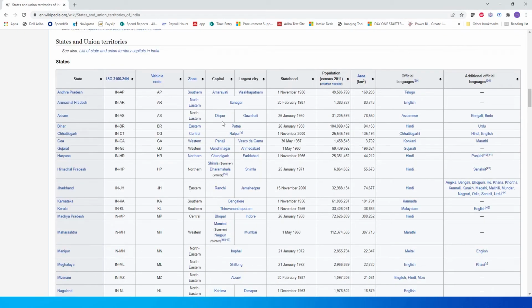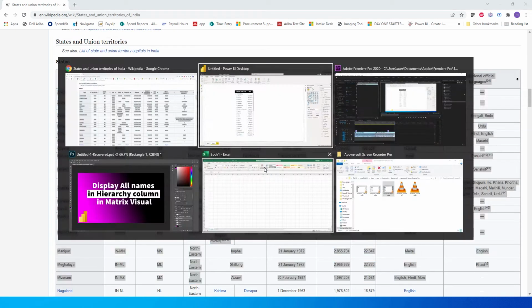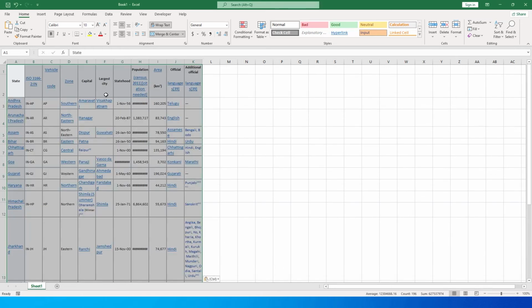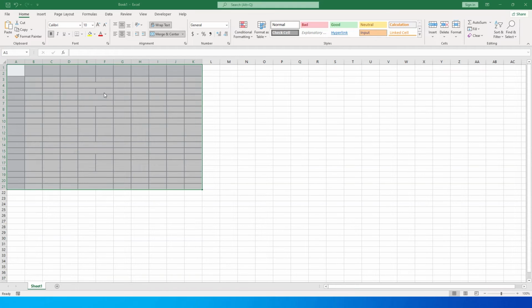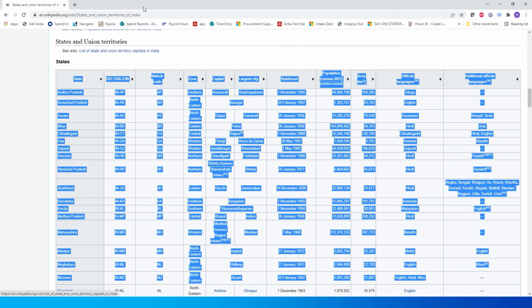So generally what people tend to do is that they go here and try and select the information, copy this, go back to Excel and paste the information here, and it will appear something like this. So instead of doing this, I'm going to teach you a different way of getting the information straight from Wikipedia to your Excel sheet. So the first thing that you will need to do is you need to copy the